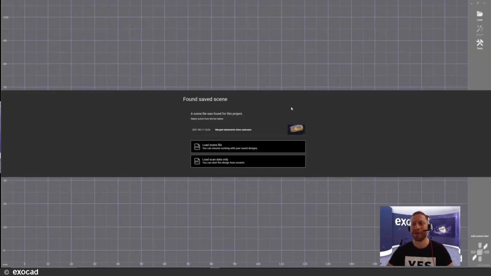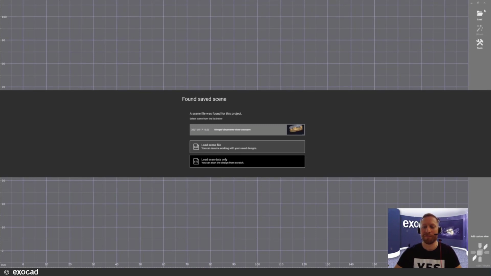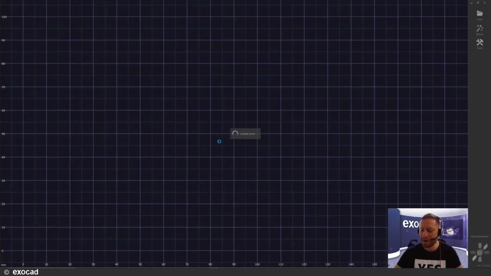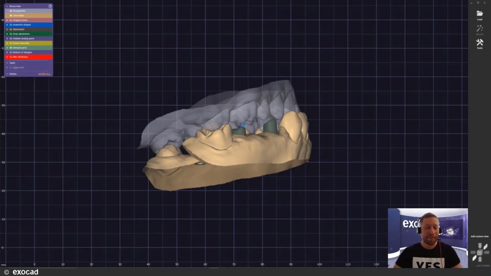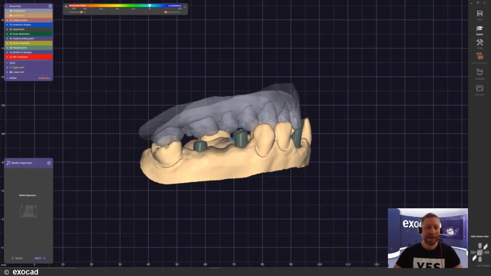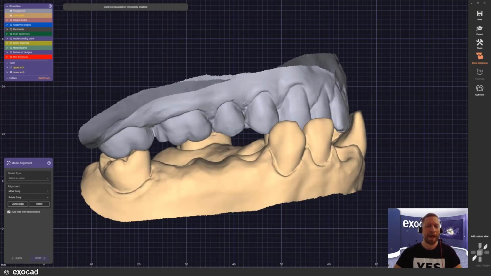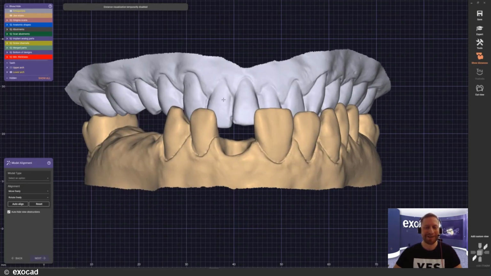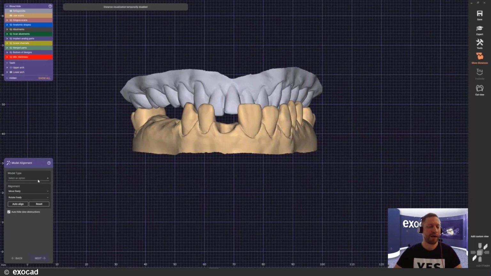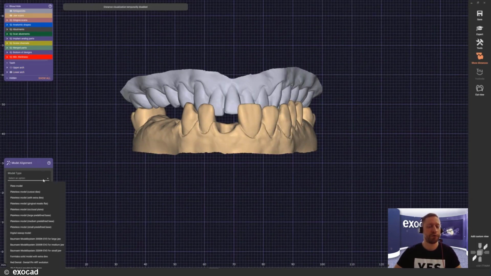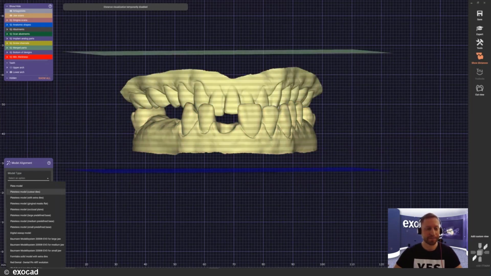So the model creator starts as we have seen it from before. For this matter, I will load a scene file, because we are working with implants and analogs, and we also created a couple abutments already. As you can see, they're in the software for us already. Now they, of course, disappear because they don't belong to this step. We get to the model alignment again, as we have seen it before, and here we just choose what we want to do. For this case, I will just go with the plateless model and the cutout dies again.